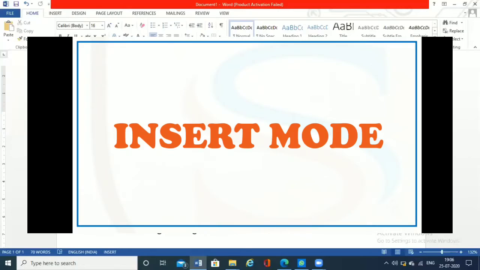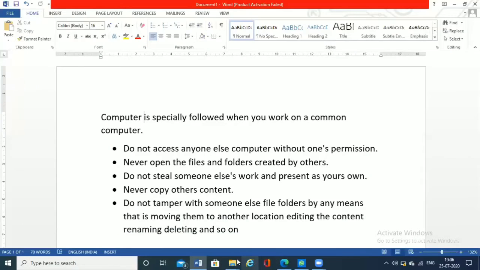What is the insert mode? Insert mode is basically the default mode of MS Word. MS Word's default mode is insert mode, under which the new text gets added and the existing text starts shifting towards the right side.